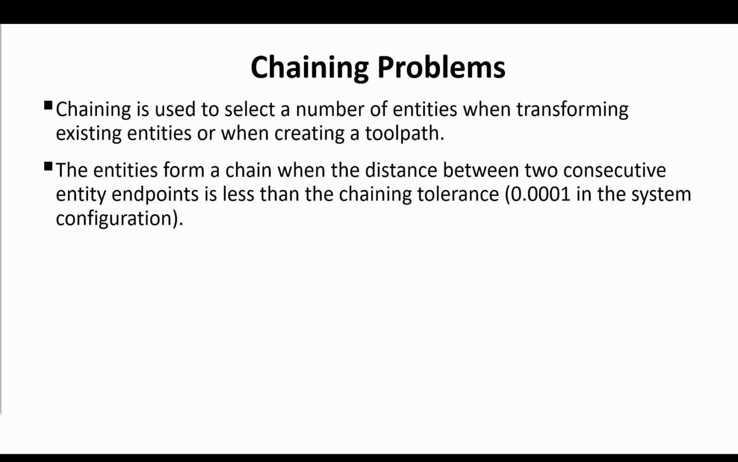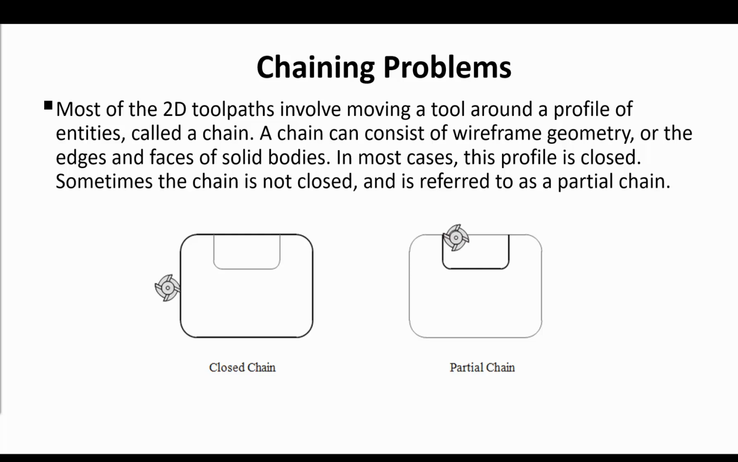The process of selecting the profile of entities is called chaining. Chaining does several things. It selects and sequences the geometry used to control the machining path, sets the machining direction, and if the chain is closed, it sets the start point for the toolpath. Most of the 2D toolpaths involve moving a tool around a profile of entities called a chain. A chain can consist of wireframe geometry or the edges and faces of solid bodies. In most cases, this profile is closed, but sometimes the chain is not closed and is referred to as a